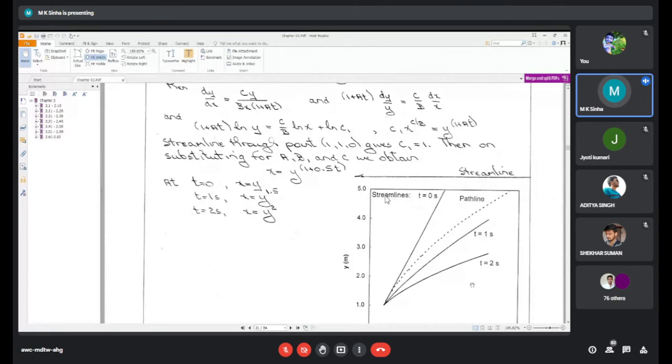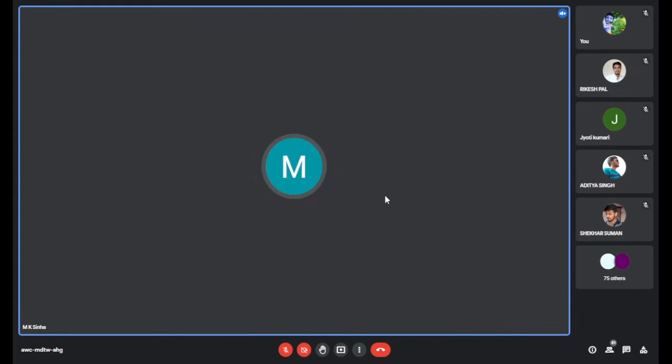Let us also feel the streamline and path line here. One more, we can also consider the idea of the streak line. Let us take examples. So here I have shown some problems related to the path line and streamline. This x and y gives the path. Then comes the streak line. One more example we can take.